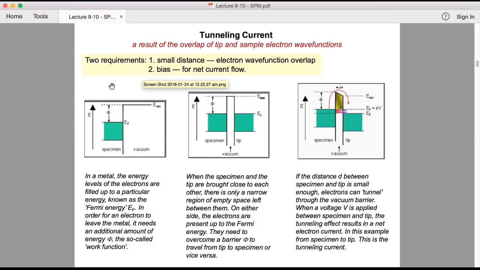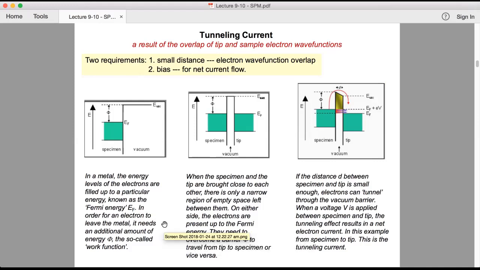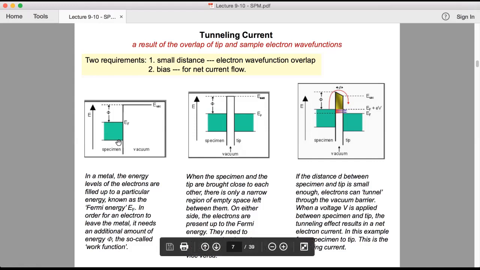Right. So in a metal, the energy levels of the electrons are filled up to a particular energy known as the Fermi energy. If it is not biased, if it is not heated, in a natural environment, the energy levels of the electrons are filled up to the Fermi energy level, or EF in simple terms. In order for an electron to leave the metal, it needs an additional amount of energy, what we call the work function. Now we have the specimen here, electrons are filled up to EF, and then we have the vacuum